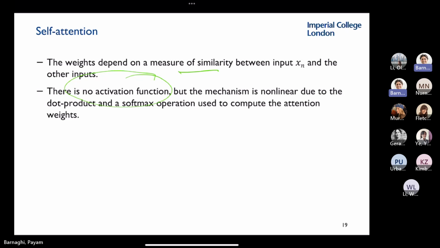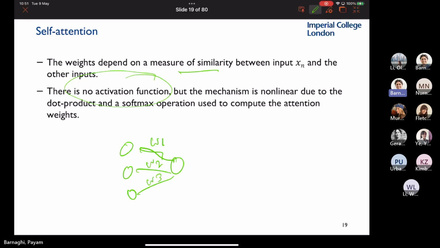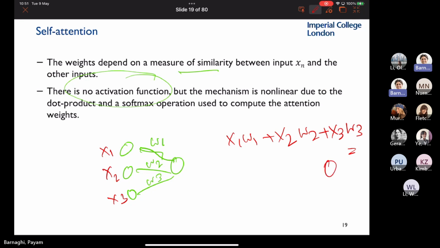About activation functions: if you have a neural network, let's say with 3 inputs, and imagine I just created one layer output. This is your W1, W2, W3 and X1, X2, X3. Your neural network's output will be X1 W1 plus X2 W2 plus X3 W3. This will be the output of your function, let's call it O. An activation function is applied to this O, so f of x becomes f of O.